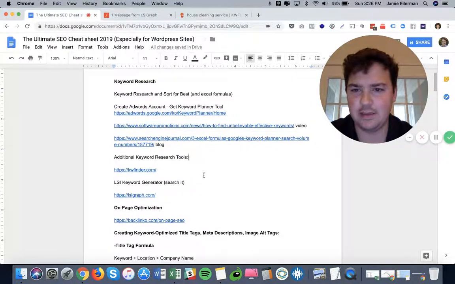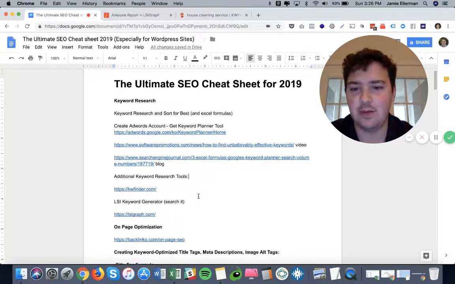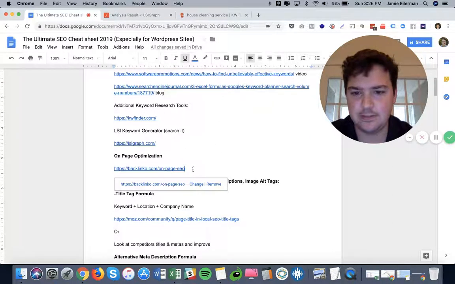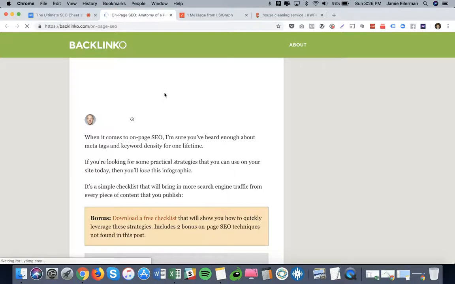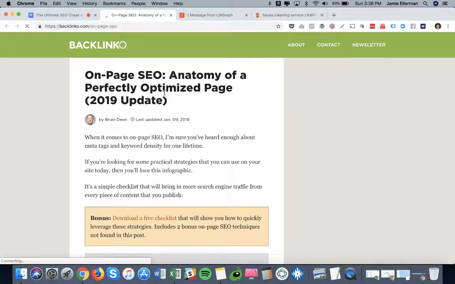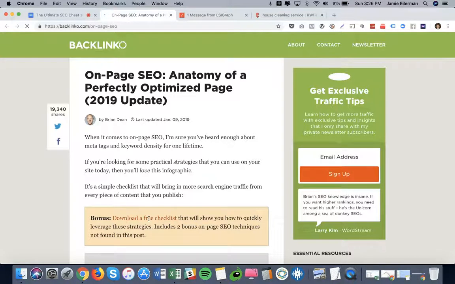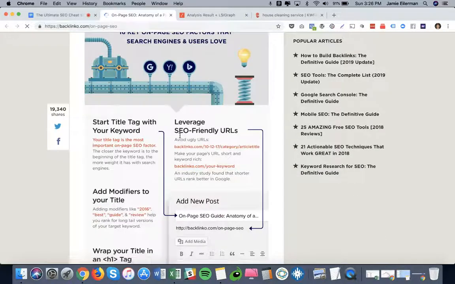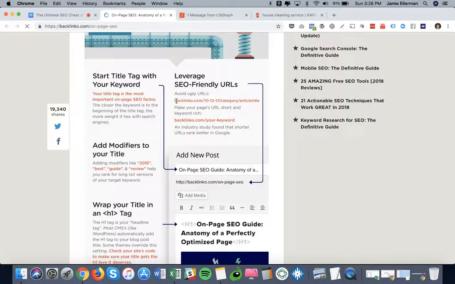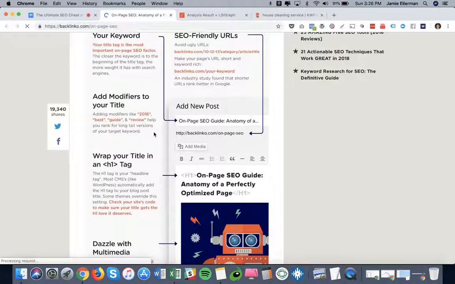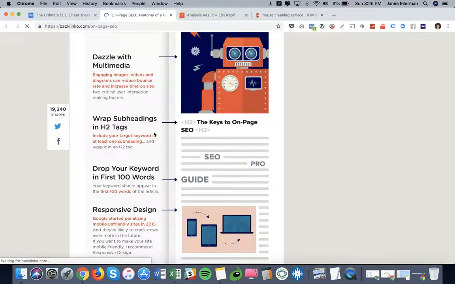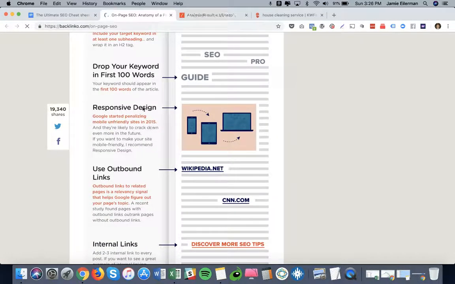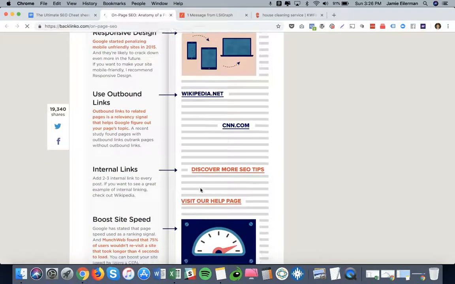So once we have our keywords, we want to start optimizing on page. So Backlinko has a great article. Brian Dean, I believe. Yeah. So check out his article. His are really in depth. He's got a checklist in there to help you with on page, but just everything from how to structure URLs to how to do H1 title tags, just how to do your layout of your page, put outbound links in your post,